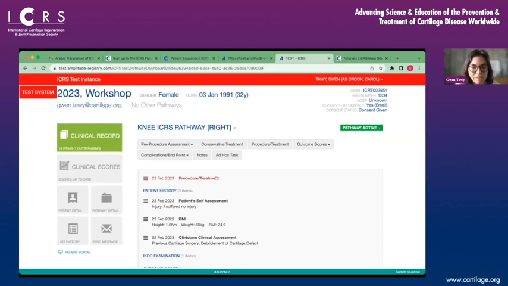So what I'm going to move on to next is the actual procedure and treatment that the patient has had. So there are actually two different pathways for this. We have a conservative treatment pathway and then a procedural treatment pathway. The conservative treatment pathway is one that you'd fill in if your patient had a conservative treatment. And then the procedure treatment one is for injections or for surgical interventions. So we currently don't have the conservative treatment button in red here, but we could add that if it's easier for people to access that way, but you can click it here anyway, so it's